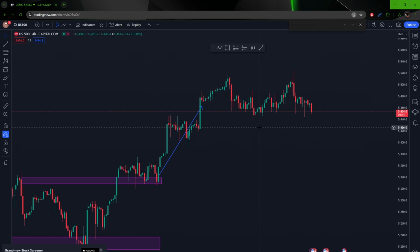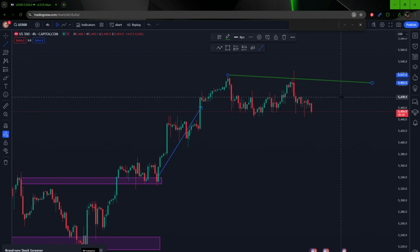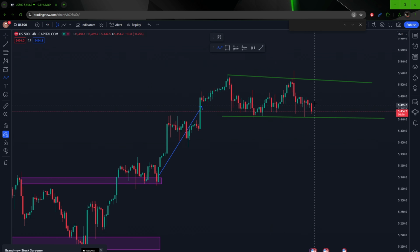And then what we're going to look for is our entry point. Where are we going to take this trade? As I showed you now, this would have been pretty much a situation of almost a flag pattern. So on this particular product, you might want to look at something more along the lines of a trade when it kind of goes through and comes back, tests that, and then goes out. You might want to look at a trade like that. But